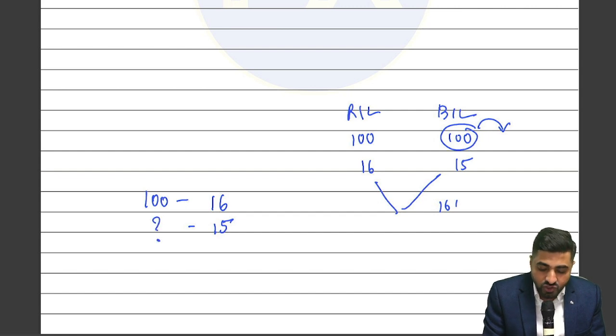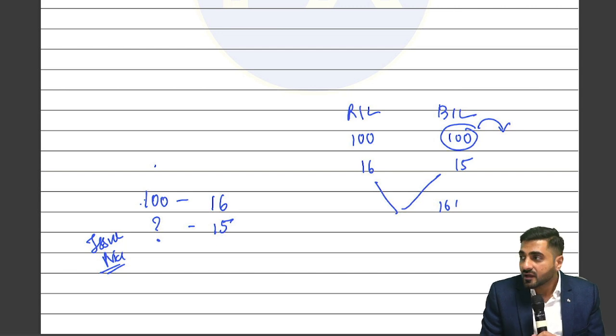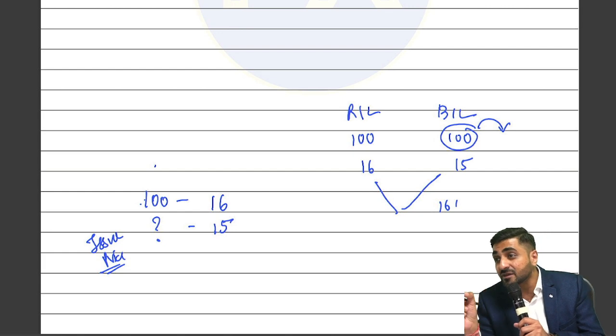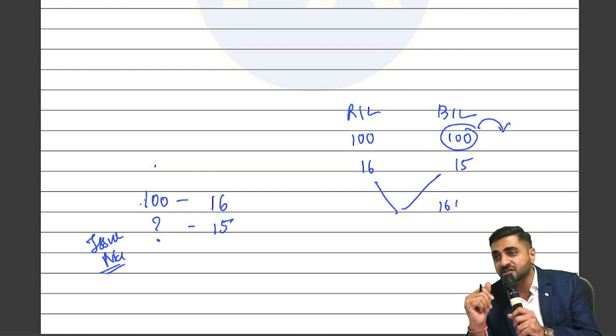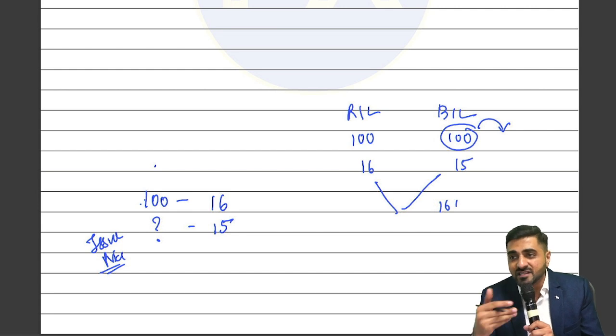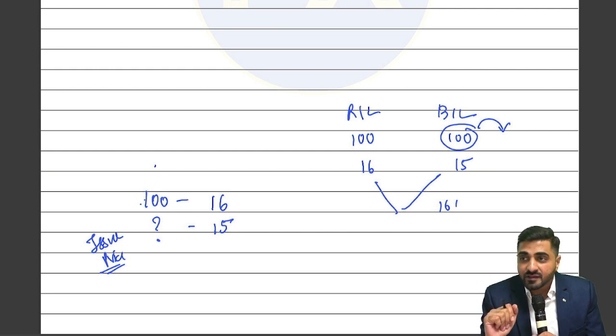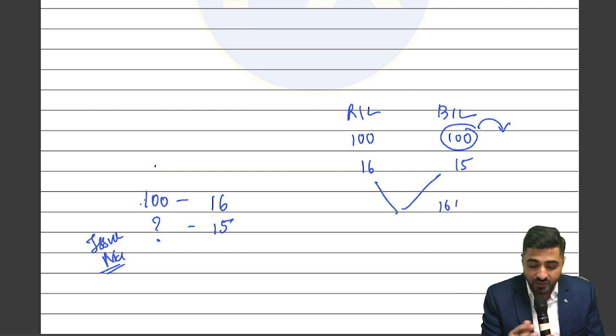If I want, what should my issue price be? Can I say I will have to issue at more than 100 or less than 100? Of course, less than 100. Because on 100, 16 is what my competitors offer, yes or no? Yes. I am only willing to give 15 rupees dividend. Then I should issue these debentures at par, premium or discount? Discount. So now if I cross multiply, the answer is coming as